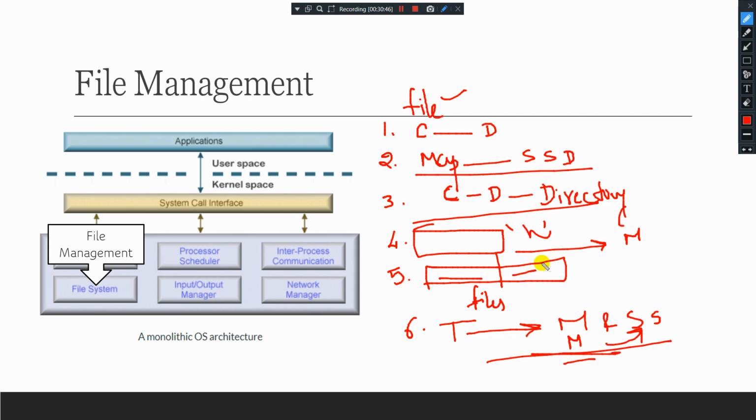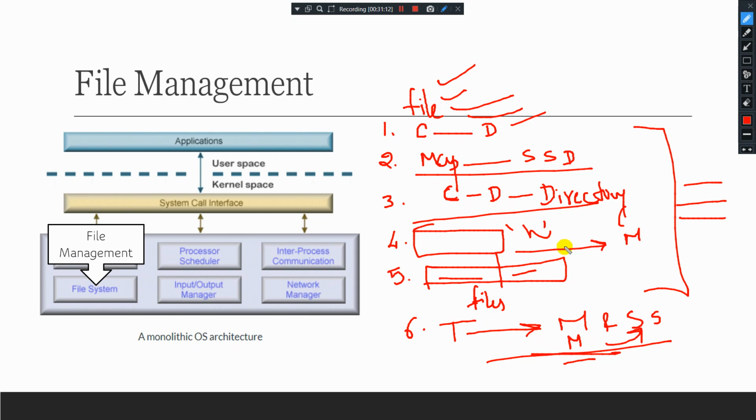So the file management subsystem can also be implemented as one or more layers of an operating system. It can have many layers, it can have 1 or 2 layers. So the user can access these files by using some of the system calls. Which files I need to access, which directory I need to access, and how to access it can be done by using open or close of a file.